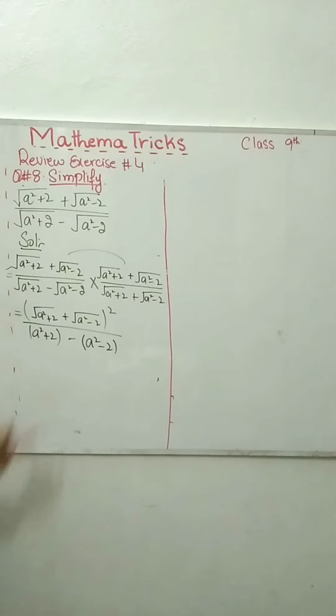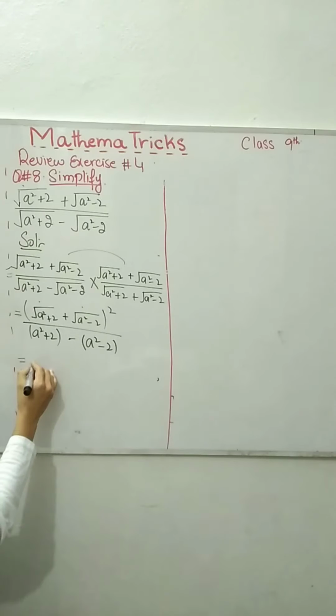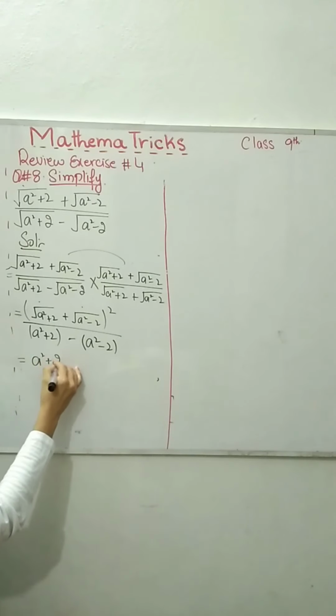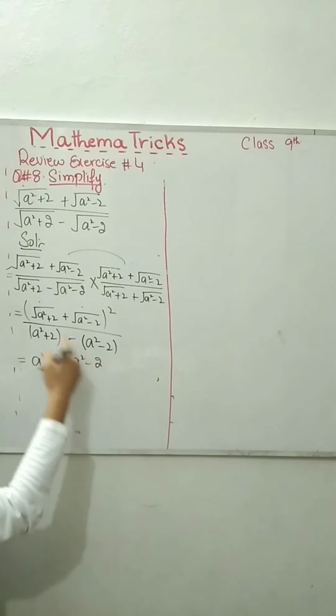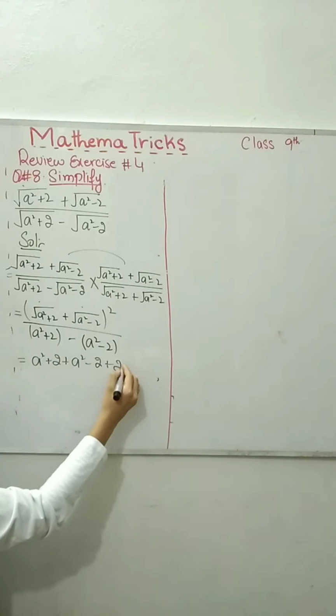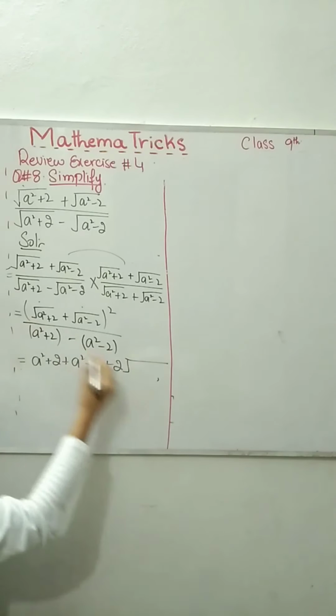Is it? Now what I have in the numerator, this is your a, this is your b, a plus b whole square according to the mathematical formula is equal to what? A square, I got a square plus 2, plus b square, I got a square minus 2, plus 2 into a into b into a square plus 2